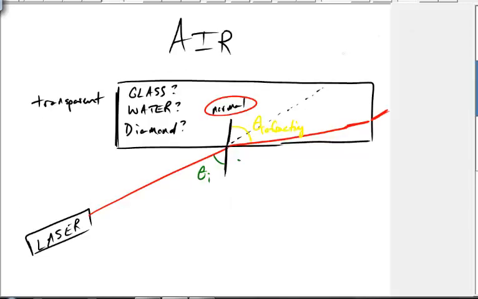The reason why the light bends is because the speed of light gets slower in this denser material. The speed of light in air is fast, some 300 million meters per second, something close to it. It travels a little bit slower in glass and in water, and quite a bit slower in diamond. But when it leaves that material and comes back into the air, it regains its speed, and that's why the angle shifts again, because the speed changes.